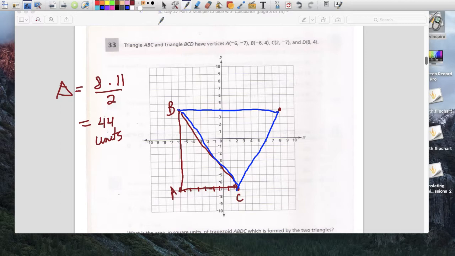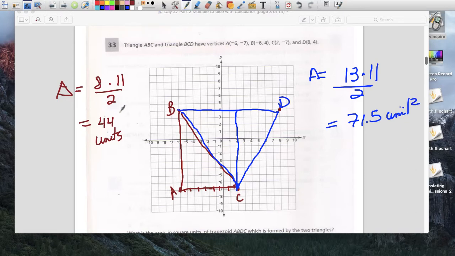Our blue triangle, the base is here, and let me write D over here. From B to D is our base. So this is 6, and this is 7, so our base is 13. Our height is going to be from C. Remember, it's a straight line, so I'm going to draw your height for the blue triangle. This is your height, right? It's going to be 7 over here and 4, so it's 11. I'm going to divide that by 2. And our area for the blue triangle is going to be 71.5